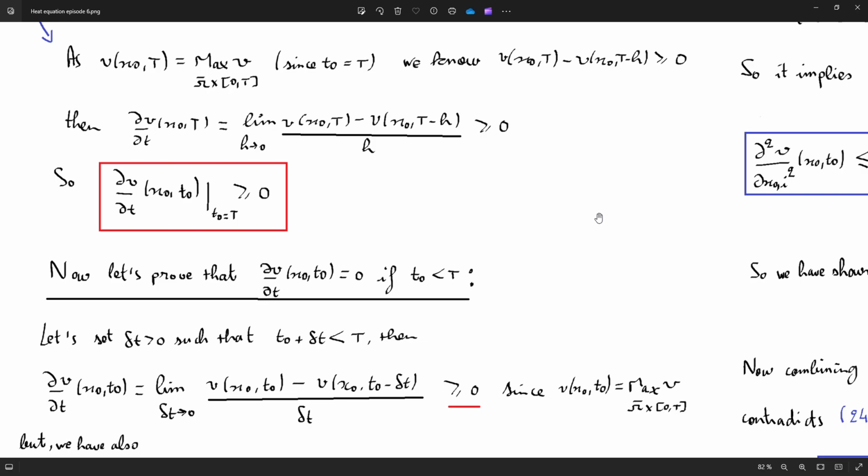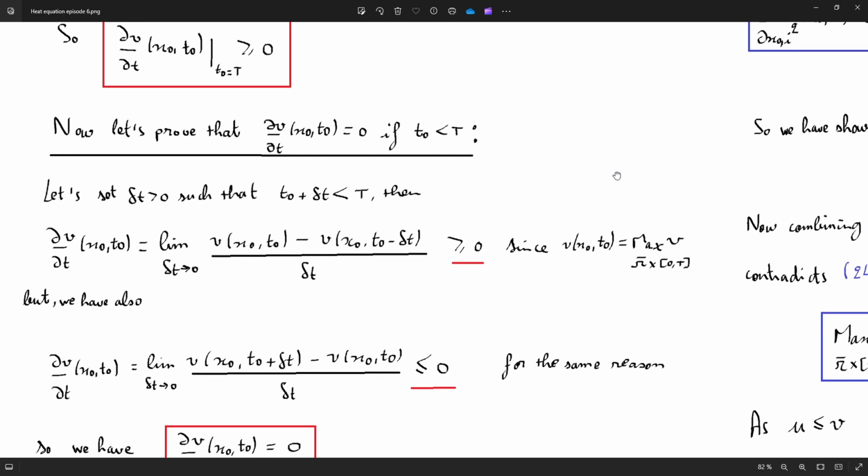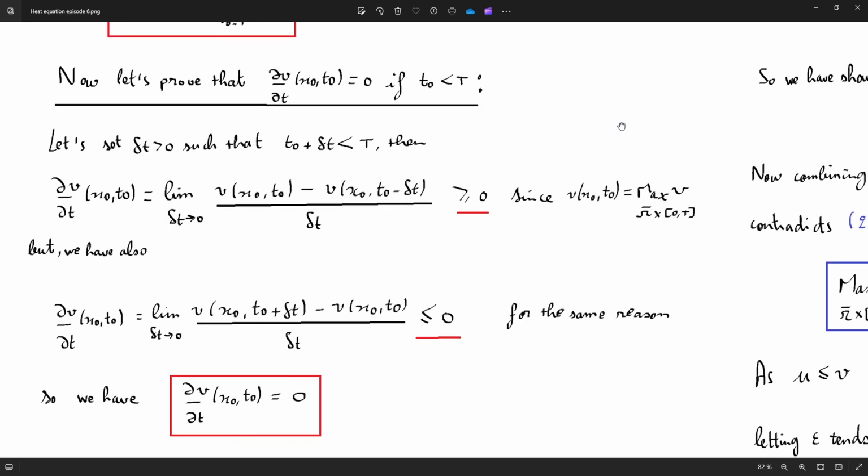Now let's prove that the partial derivative of v with respect to time t in (x0, t0) equals 0 if t0 is strictly smaller than t. Let's set delta t strictly positive such that t0 plus delta t is strictly smaller than t. Then the partial derivative of v with respect to time t in (x0, t0) equals the limit when delta t tends to 0 of v(x0, t0) minus v(x0, t0 minus delta t) over delta t by definition, which is